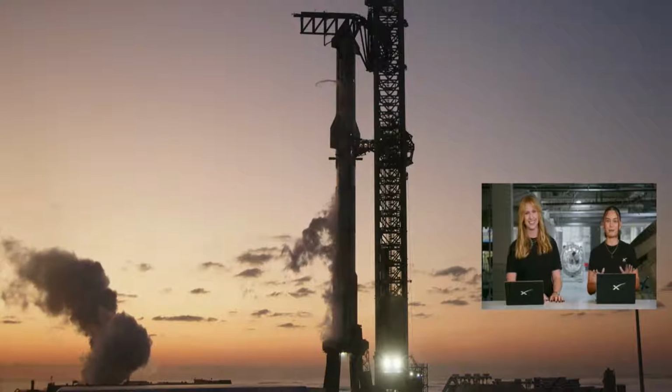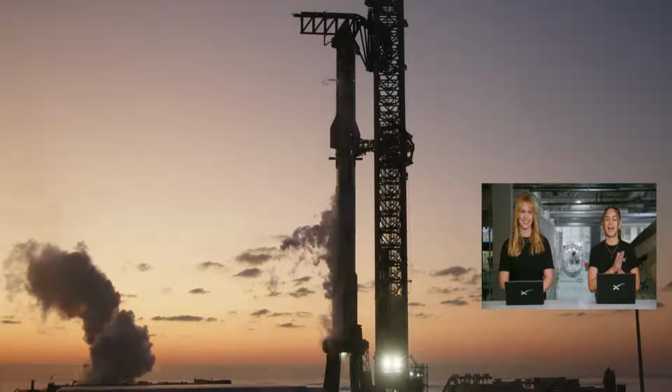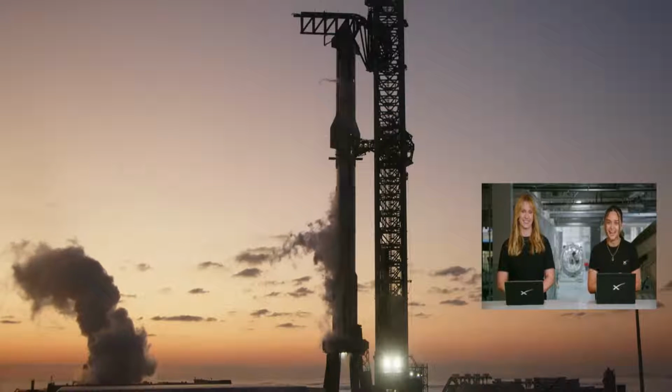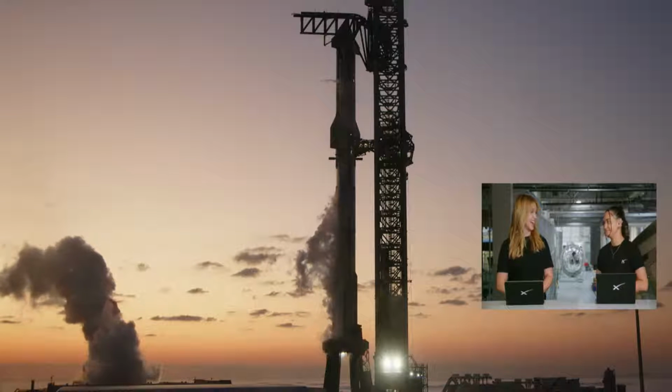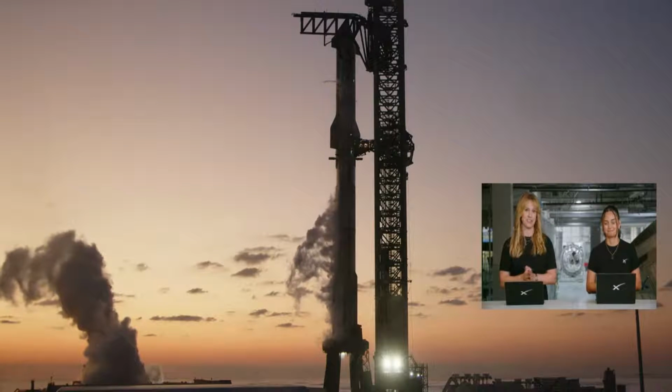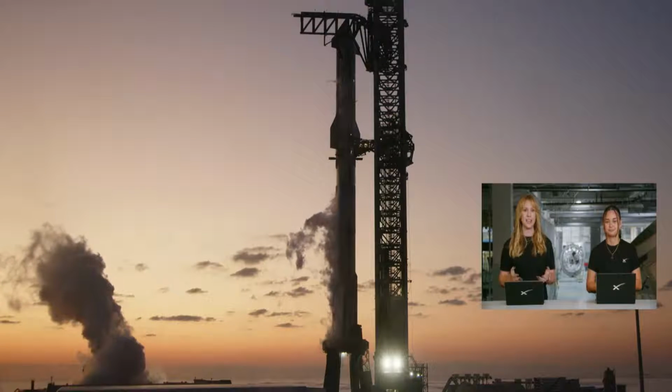Yeah, definitely one of my favorite moments at SpaceX. And returning Super Heavy promises to be an even more impressive sight and a huge moment on the road to rapid reusability. Yeah, speaking of rapid reusability, future Starship designs will give Super Heavy boosters a lighter weight and integrated